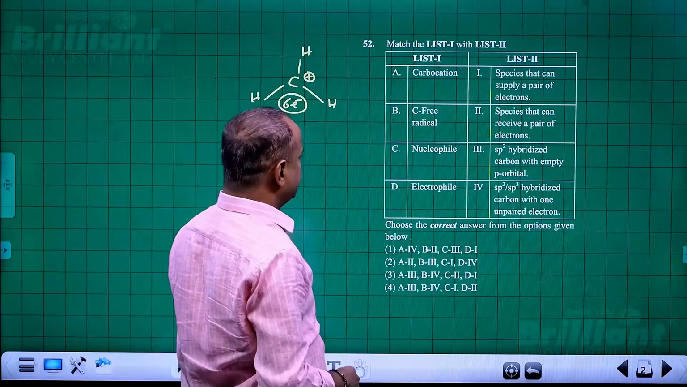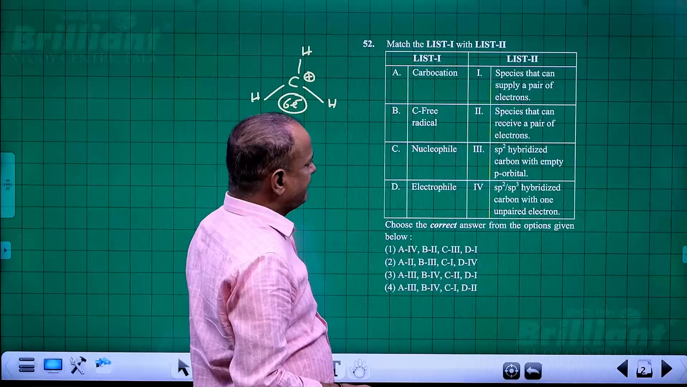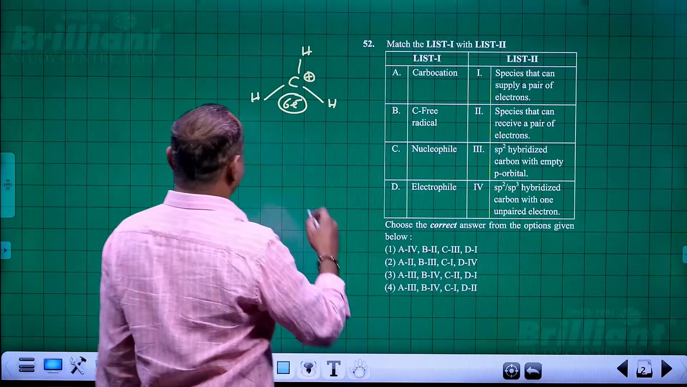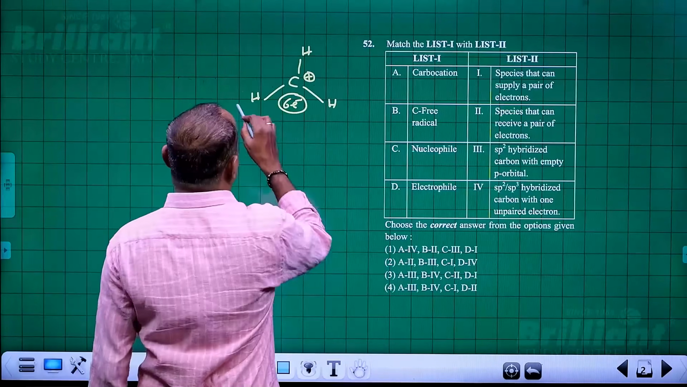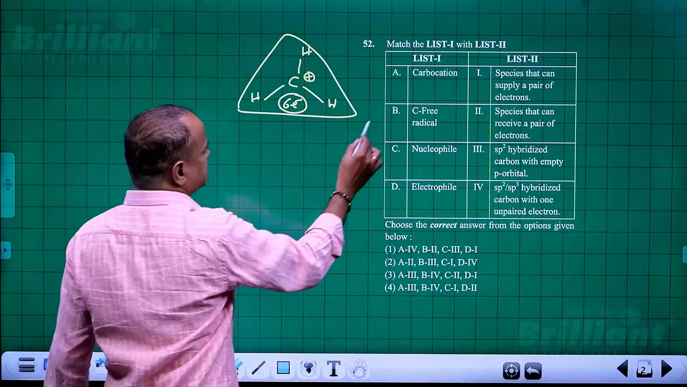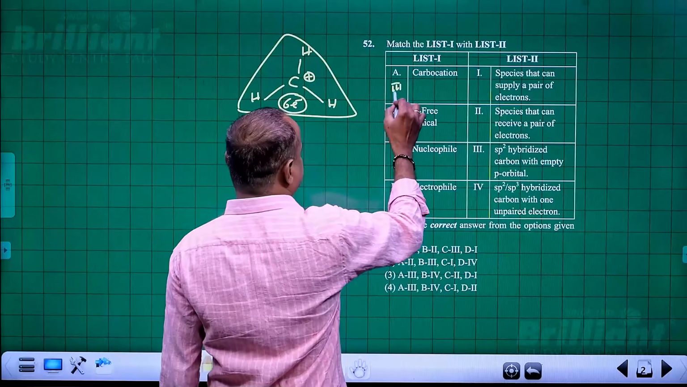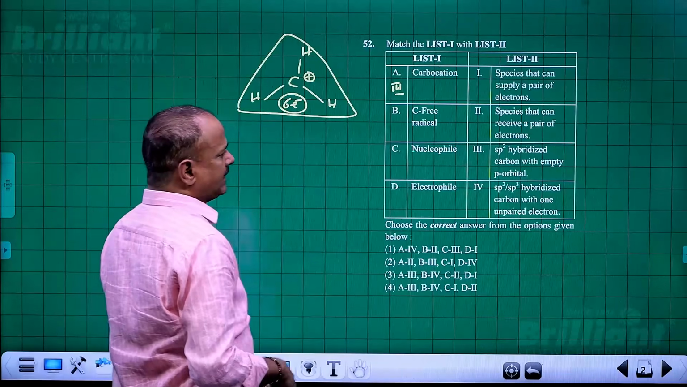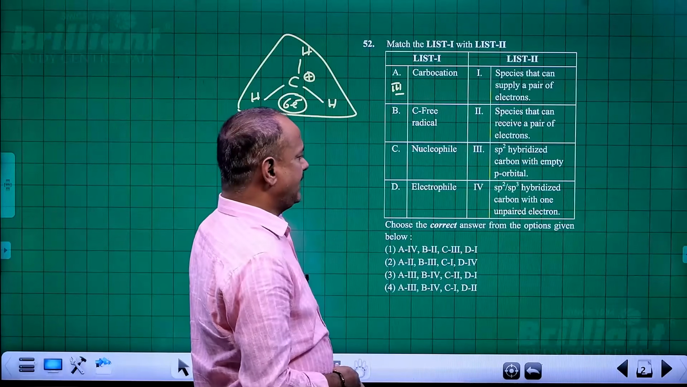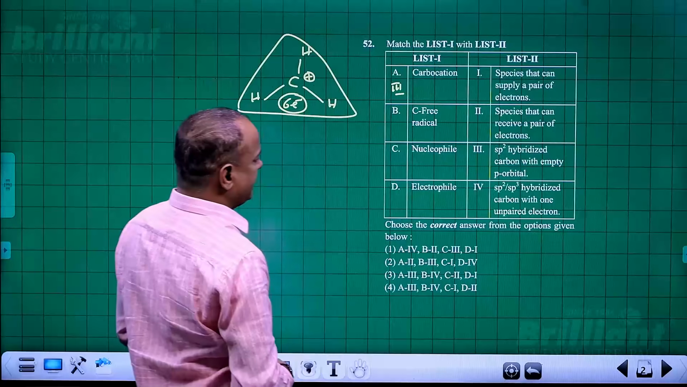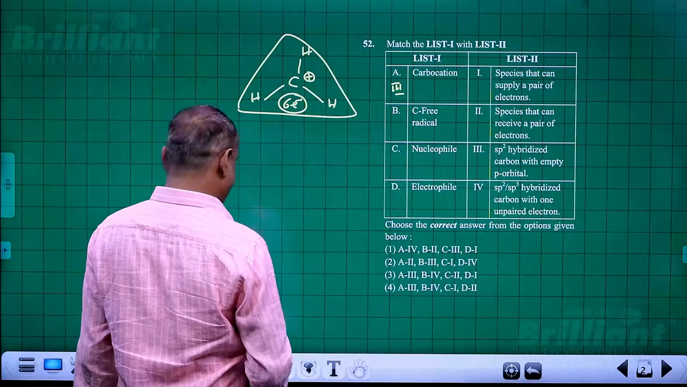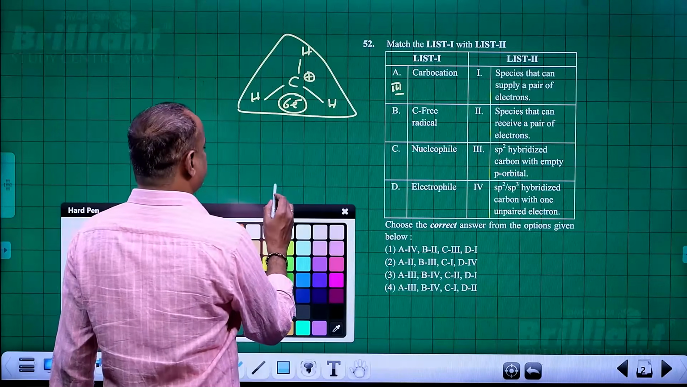So it is receive pair of electron correct, sp2 hybrid correct. So first we will take single matching only. Single matching, this is sp2 hybridization. You can take 3 suppose. Free radical. Free radical is sp2 or sp3 hybridized with one unpaired electron. That is correct one because